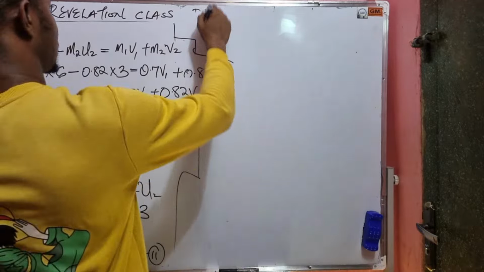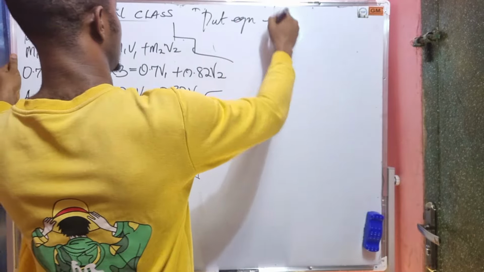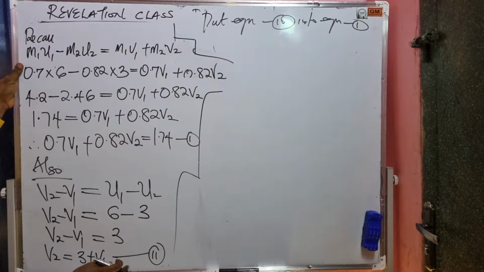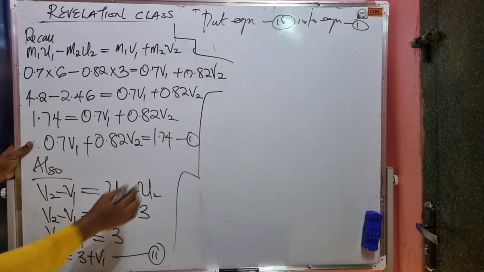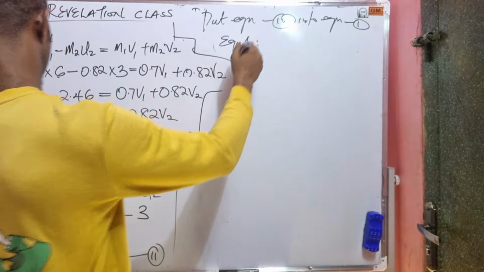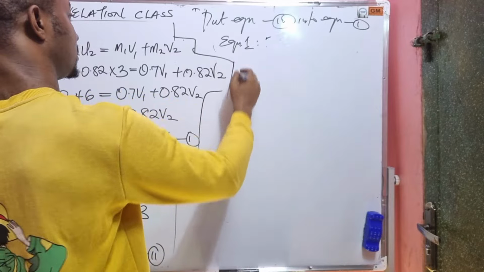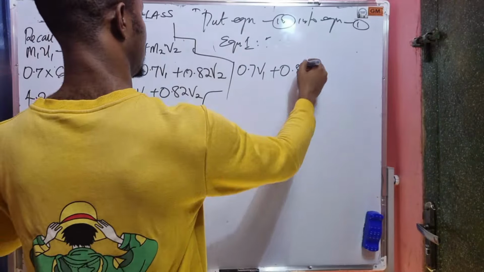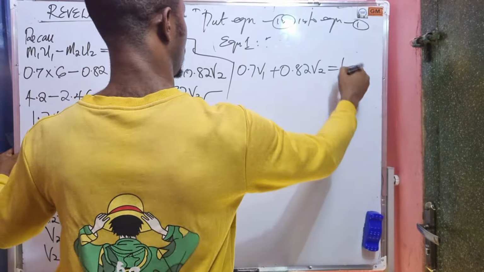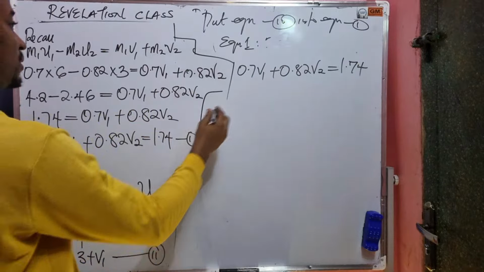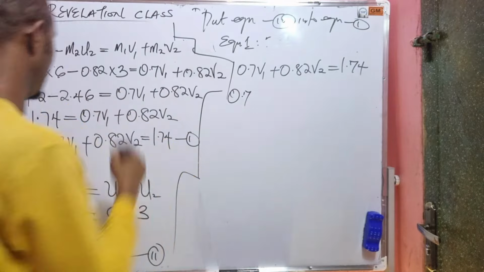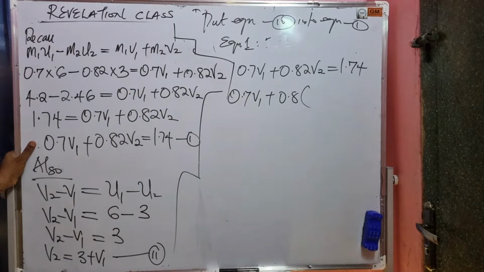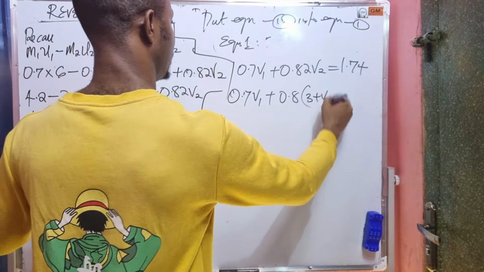Now let's put equation 2 into equation 1, meaning I'm replacing this with this, right? And equation 1 says 0.7 V1 plus 0.8 V2 is equal to 1.74. So this will give us 0.7 V1 plus 0.8 times V2, and our V2 is 3 plus V1, right? 3 plus V1, all equals